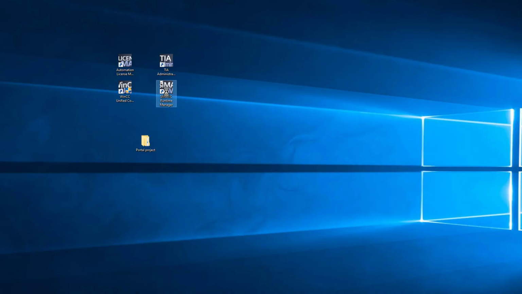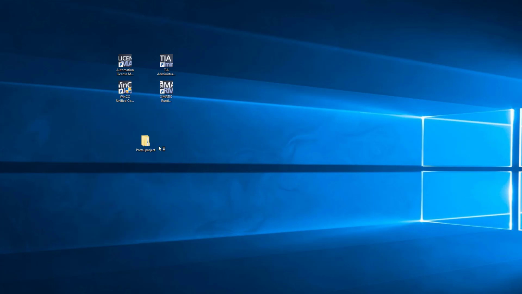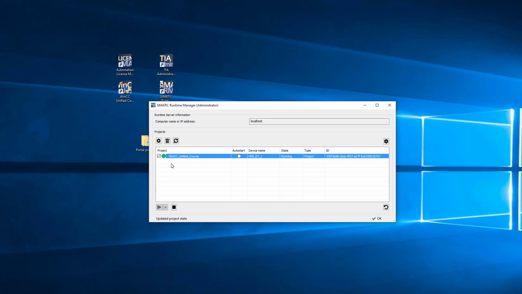And what you want to do is right-click on it and choose Run as Administrator. This is because you can't make changes to your runtime project unless you're in the administrator mode. So if you don't see administrator here in the title bar, it will prompt you when you're making changes to relaunch. So this is our project that is currently in runtime, and we're going